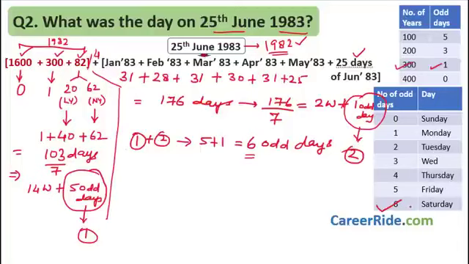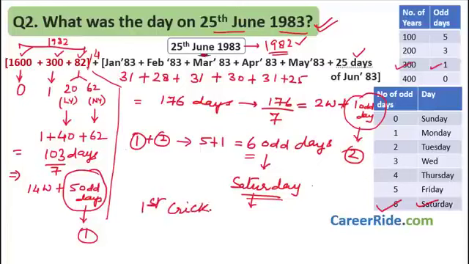The second table that I've got here. Okay, 6 is Saturday. So this day has to be a Saturday. Let's check it on the internet, or maybe if you want to see it in your calendar, you can do that. This day is a Saturday. Now, there is something more interesting that I want to tell you about this year. This was the date 25th of June 1983. This was the date when India picked up its first cricket World Cup, led by our famous cricketer Kapil Dev,